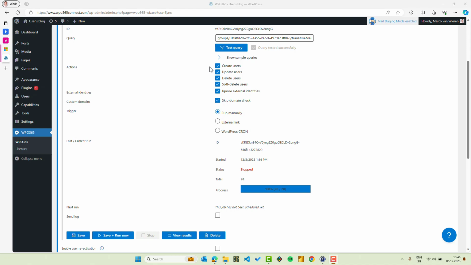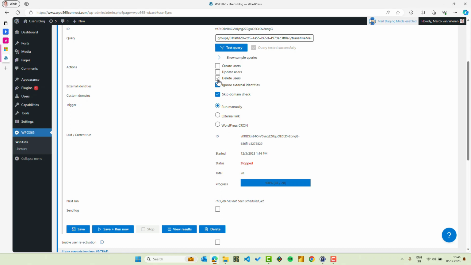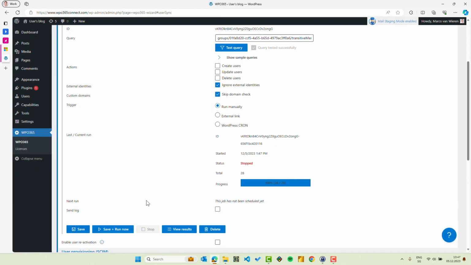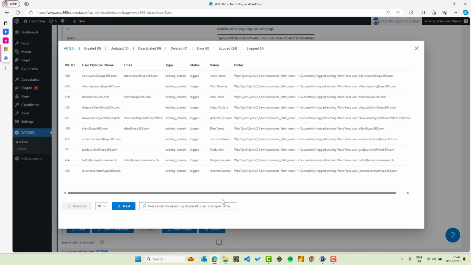The probably easiest way to see the effect of user synchronization on your WordPress website would be if you uncheck any of the actions. You don't want to create users, update users, or delete users. And if you now, for instance, manually run user synchronization until it stops, and then choose to view the results,